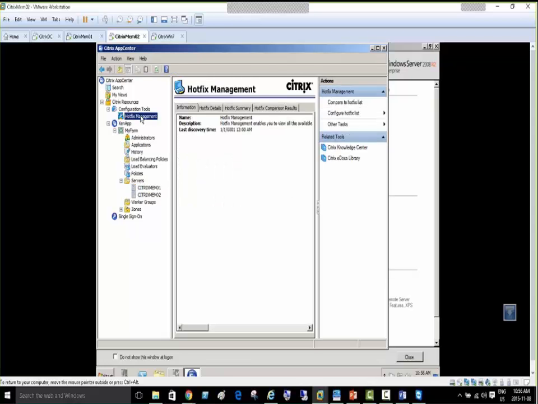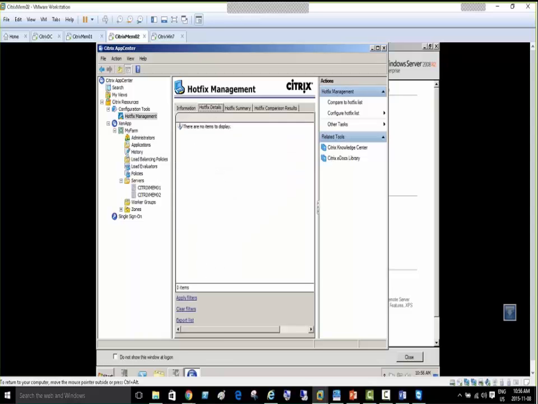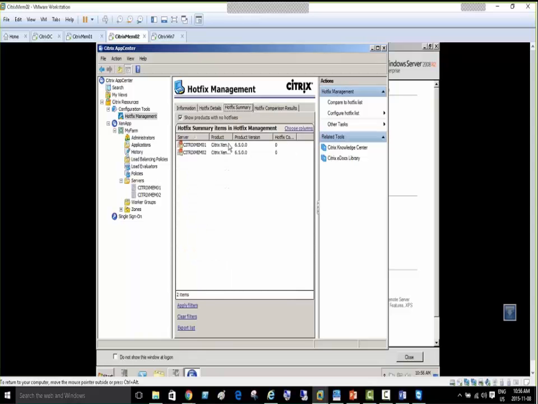There is hotfix management separately available there, which can be used compared to hotfix list, and then configure hotfix list. We're going to be doing that in some of the future labs, how to deploy that, and of course we should have an internet connection for that as well. There are filters here, and we can just select the hotfixes, and then hotfix summary. Okay, that's where